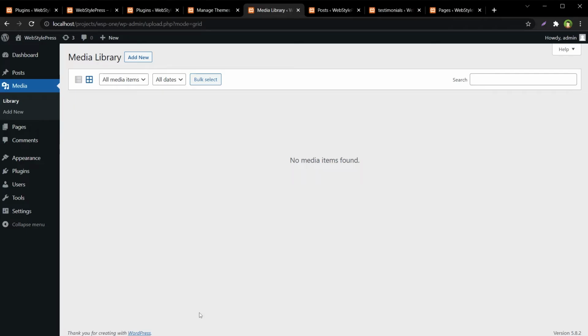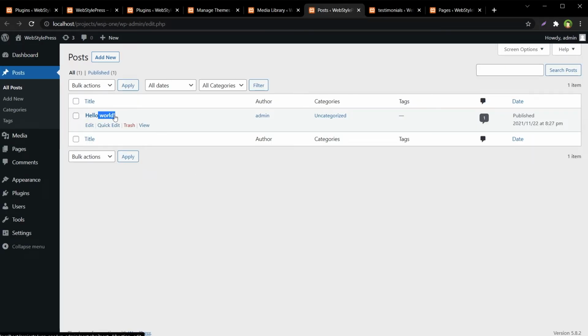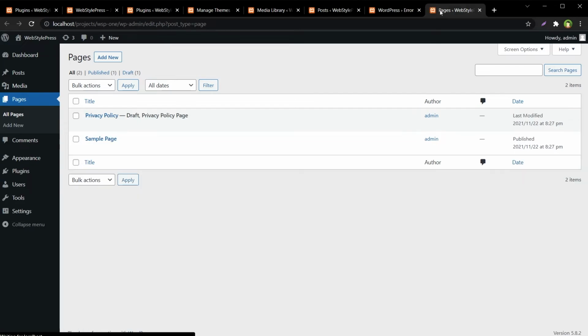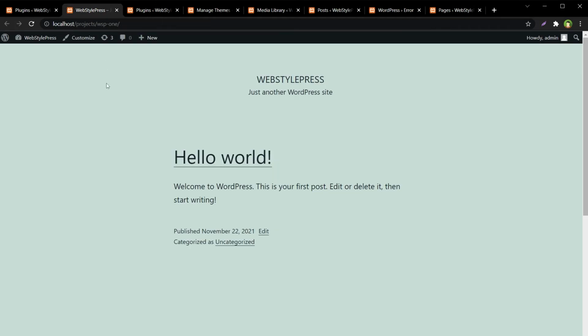Uploads is empty. And for posts, default post; testimonials are gone. That was a custom post type. And for pages, default pages are left. And you can see from the left sidebar, we have got the default WordPress website.